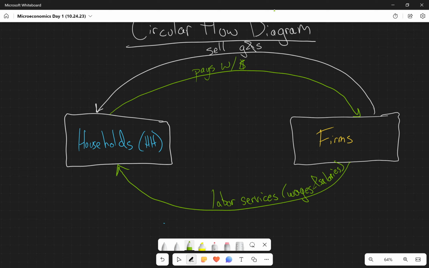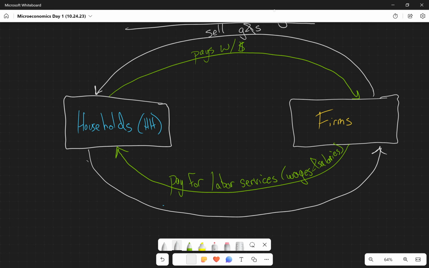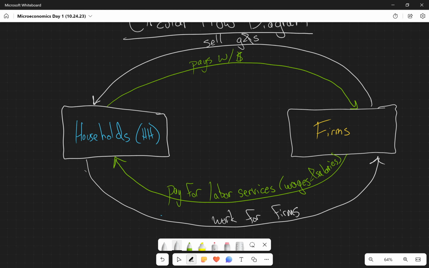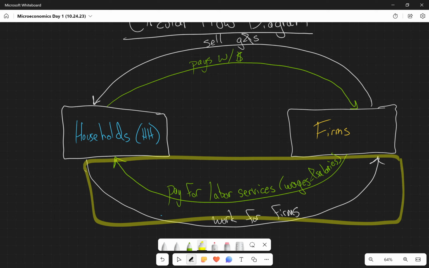So the firms are going to pay for those labor services, and the households are going to provide those labor services. Work for firms. So households work for firms, and they get paid for it. This bottom part here is called our